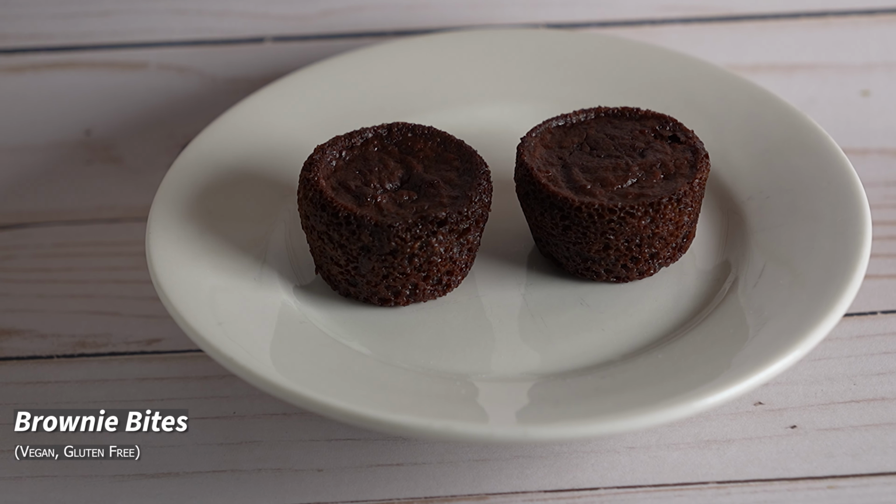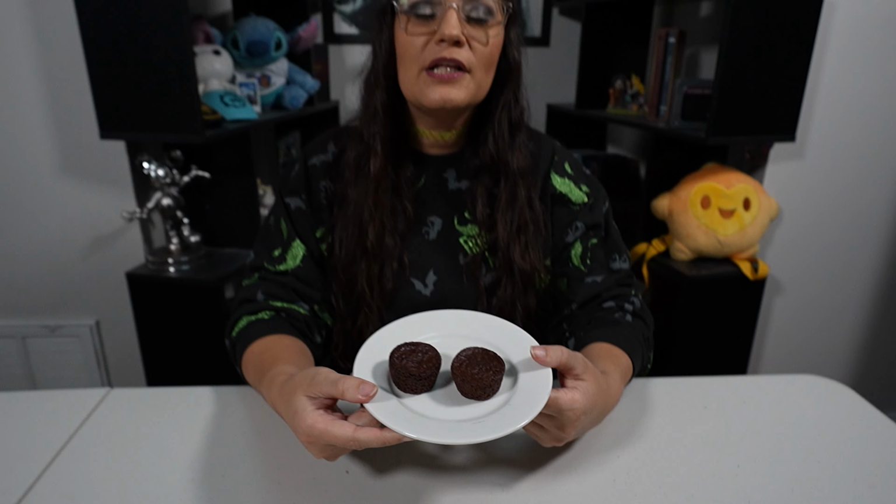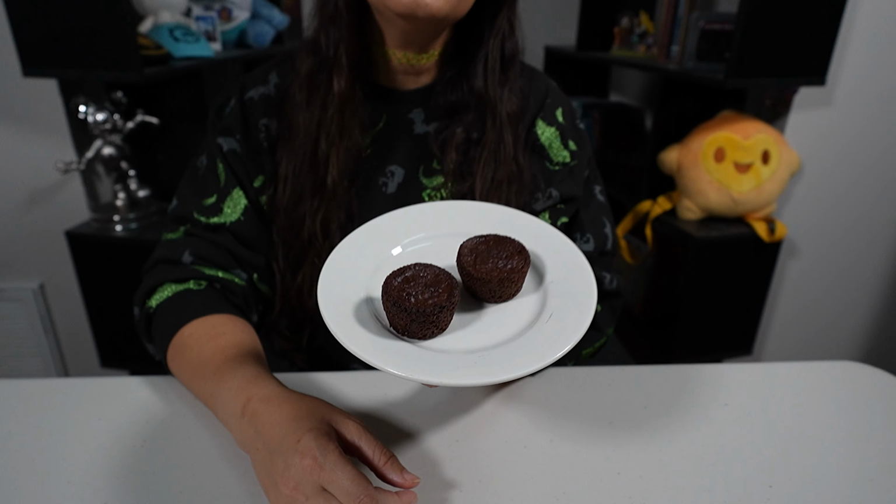The little bitty brownie bites. I'm really glad that Bear got these. These are usually my go-to when they don't have a veggie bomb or pizza bomb available at Erin McKenna's. They have brownie bites, and then they also do blondie bites. I really like the blondie bites, but the brownie bites are nice too,